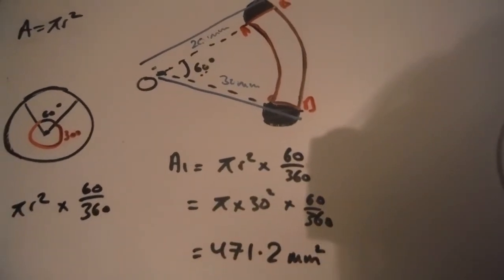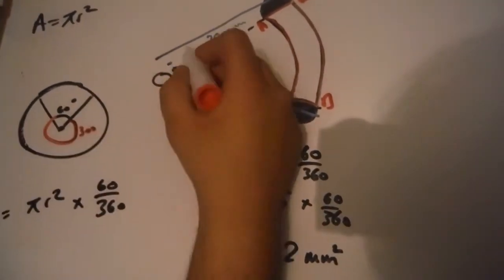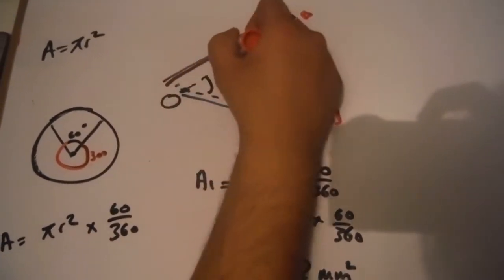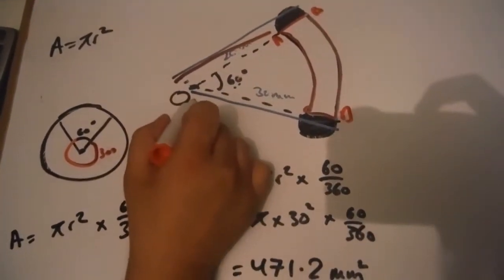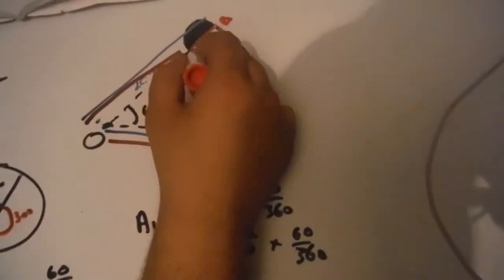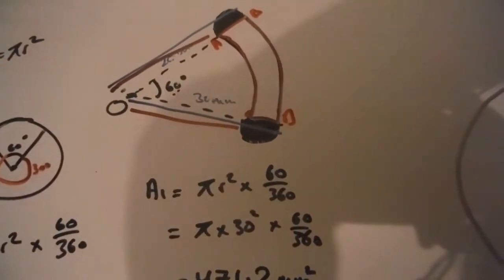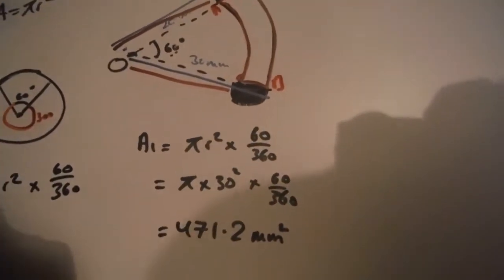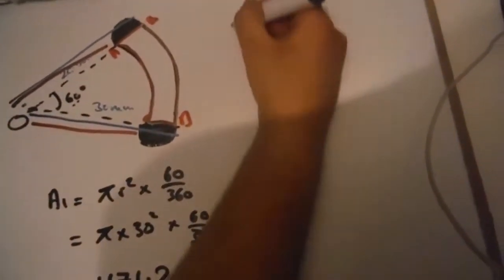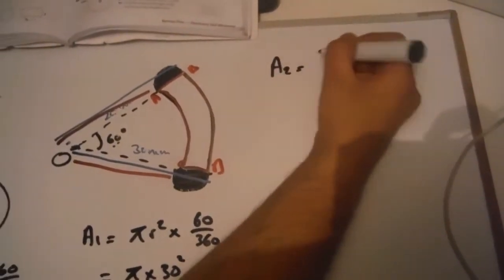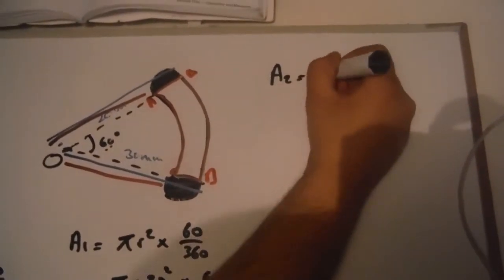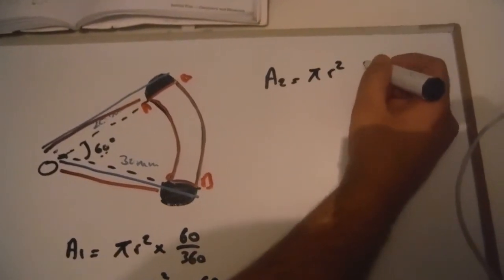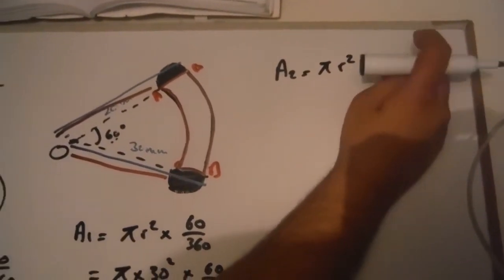Now we will also want to work out the area of the smaller sector, which, if you watch the red pen, is going to be this point to that point and this point to that point. Okay, so that's going to be the smaller sector. We're going to label it A2 at the top here, and once again we're going to use pi r squared times